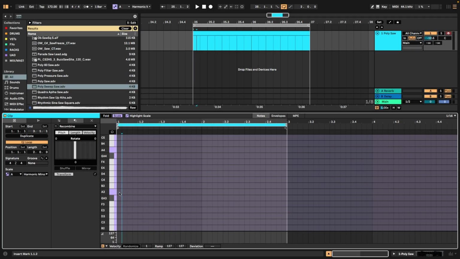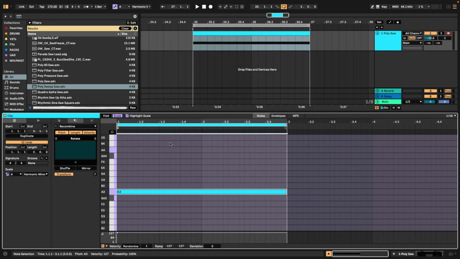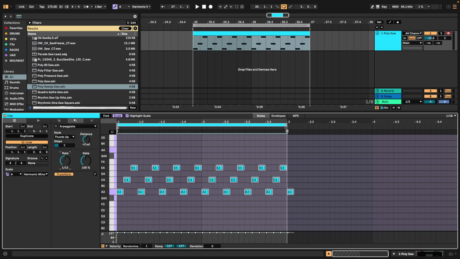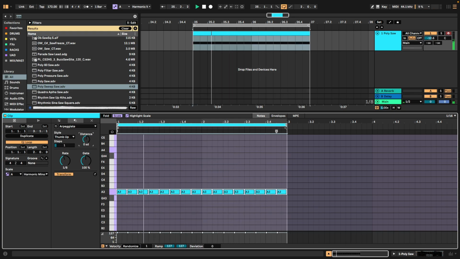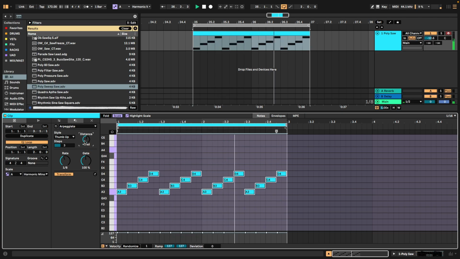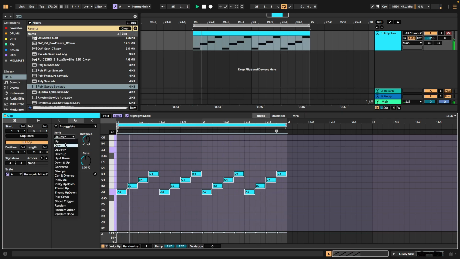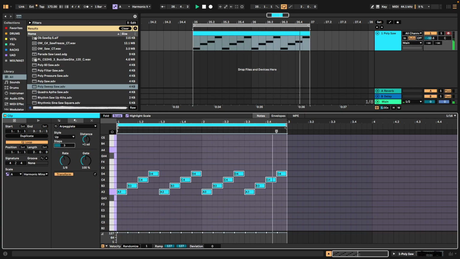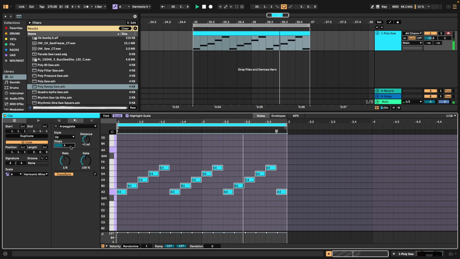Now let's see how we can work with the arpeggiate function directly in the piano roll. This function is nice because we can easily see how we are arpeggiating, and we can edit small sections with different settings. So now I choose the entire section, and then I'm working on a nice pattern for my arpeggio. You can easily see every note, having the visual representation of all the changes we are making.